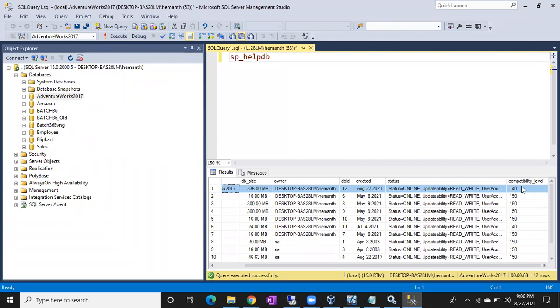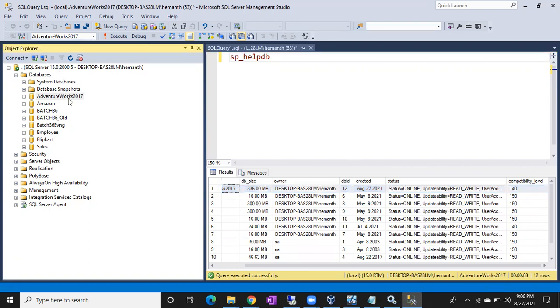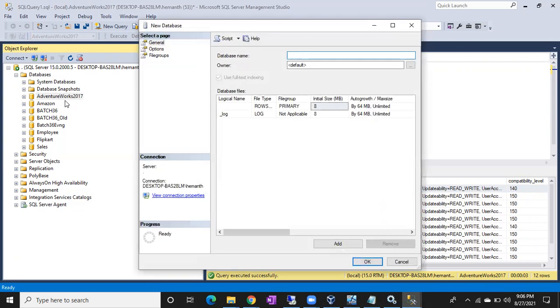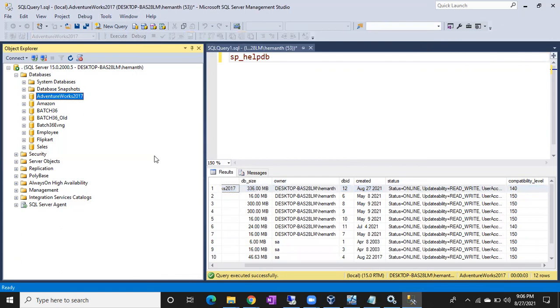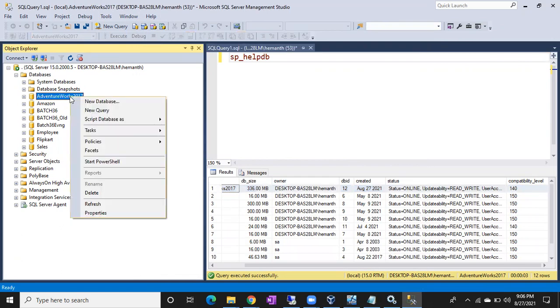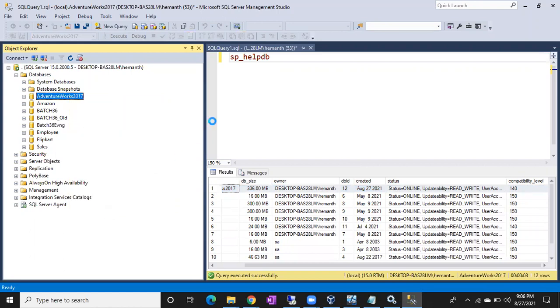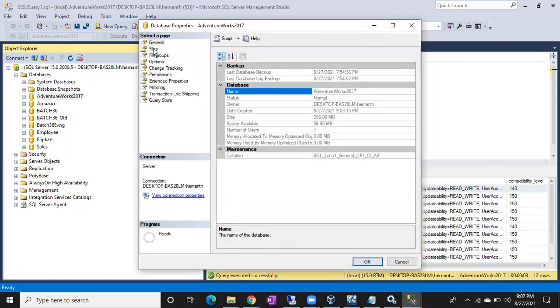You have to change this compatibility level as per this server. How can we change it? Right click, go to properties.